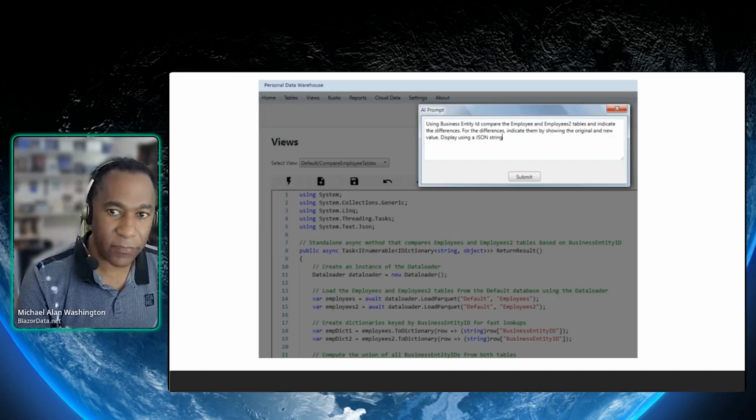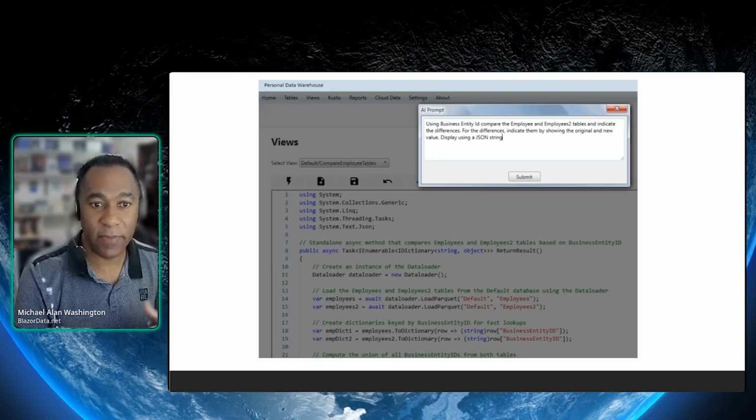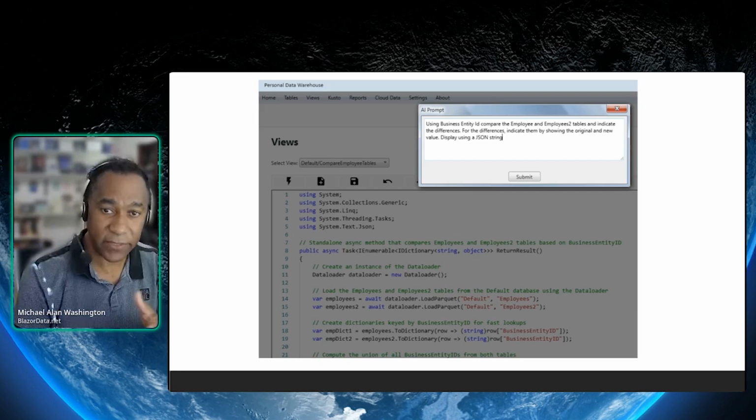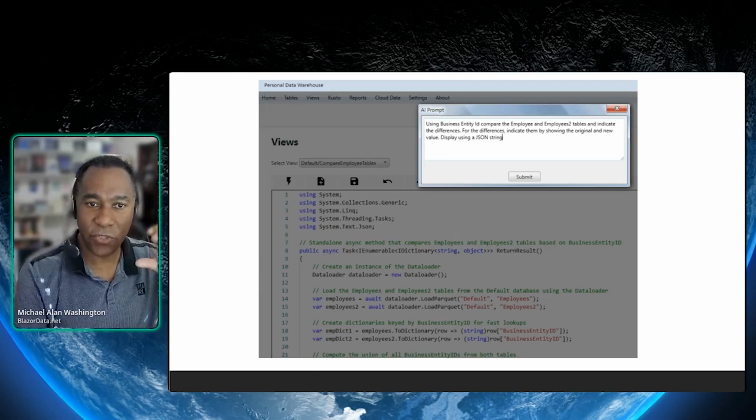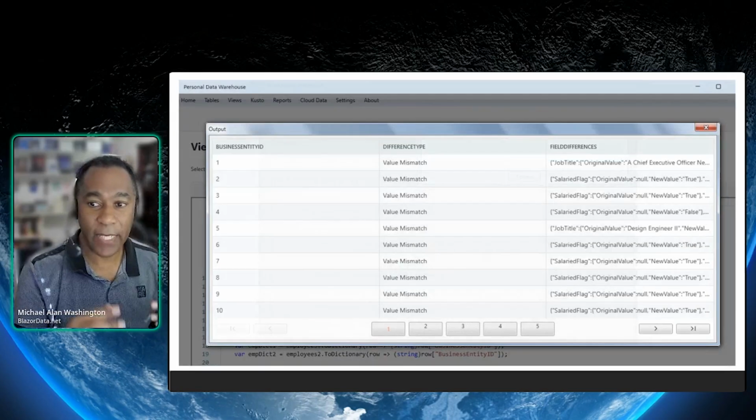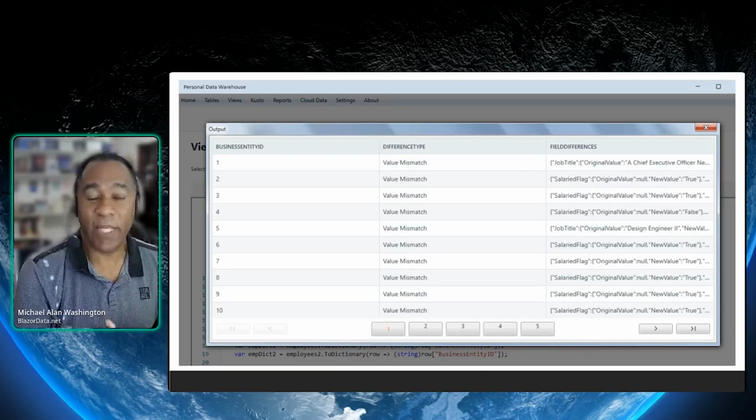The data was representing employees with all these additional fields. So I imported both the employees' data from Excel, and I basically used this AI prompt, and I said, "Hey, on the business entity ID, that was what was common between the two. Indicate all the differences, and for the differences, I need you to create a JSON string that just says what all the differences are." And I hit the button, and again, this is running on my local computer, not in